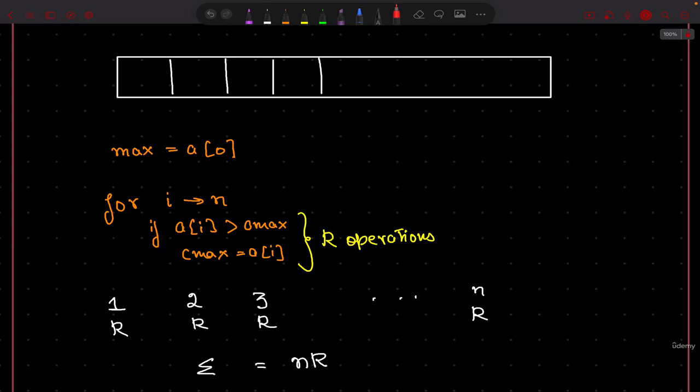Now what I'm saying is that in the problem of finding the maximum, first and foremost we are actually finding the big O complexity, which is the worst case complexity. And in my worst case, this array will be sorted like this. So the maximum element is going to be in the end, right? As it is in the end,